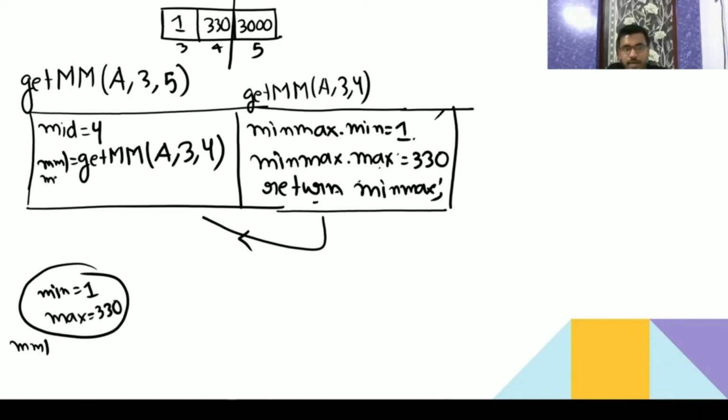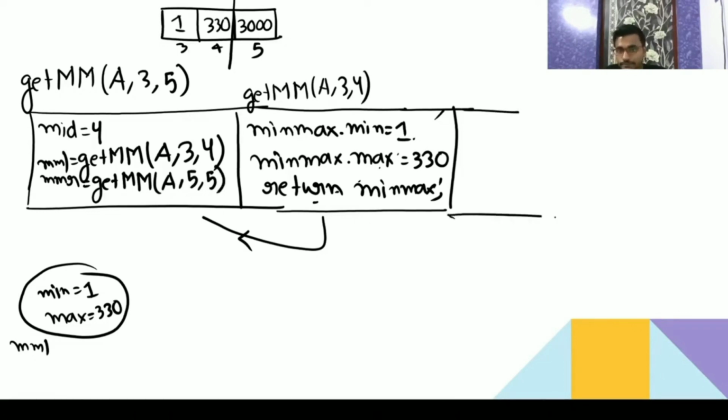Now mmr is going to execute on a, that is mid plus 1 to high, see mid is 4, so 5 to 5. Now see here, low and high are the same, only one element is there.